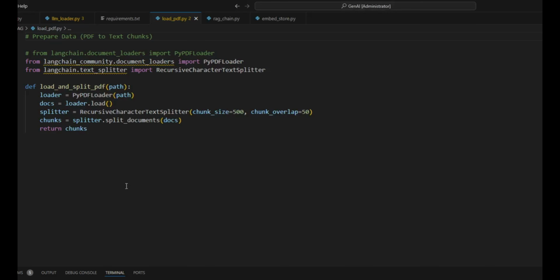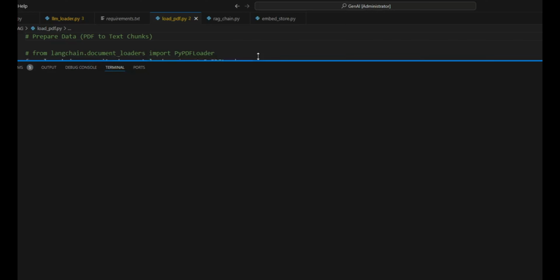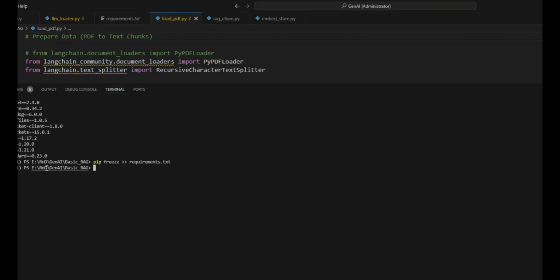So this is our VS Code window. First, we will set up our environment for this. I have created an environment called GenAI, right? I've created an environment with this name, GenAI. I can show you that.